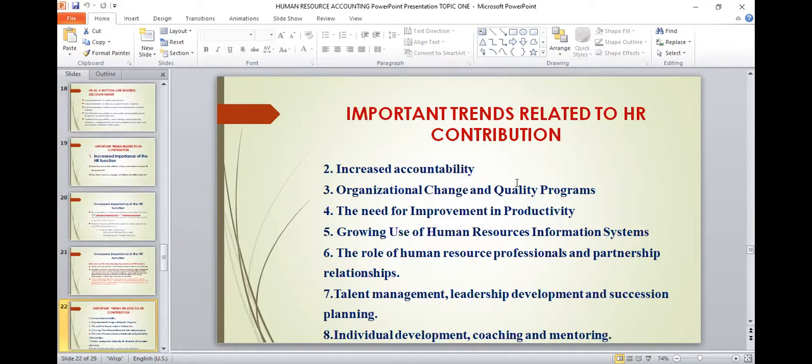There are quite a number of HR-related trends. We have got increased accountability. There is need for HR to be accountable. There is need for HR to measure. There is need for HR to evaluate. Why do we have to evaluate? We have to evaluate because we have got quite a number of alternatives. We have got not one program, not two programs, but more than two programs that we have to make choices over because the resources that we have are very scarce. And we have to utilize these resources efficiently and economically.